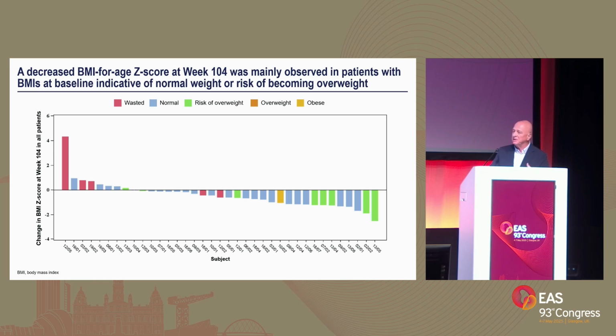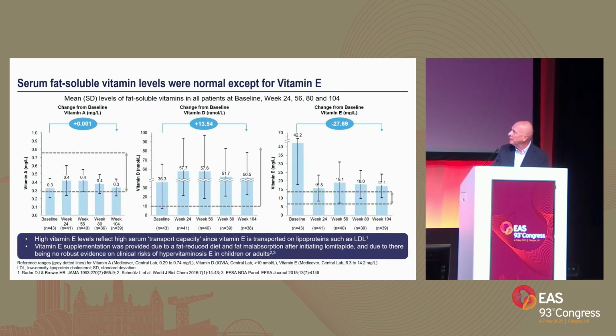Impact on body mass index, maturation, growth, etc., was negligible. There was a reduction in body mass index according to the Z-score, mainly affecting those patients who were overweight or obese. On the other hand, everything was normal, no concern at all in terms of development in this group of children. On top of that, we have measurements of fat-soluble vitamins for these 104 weeks,